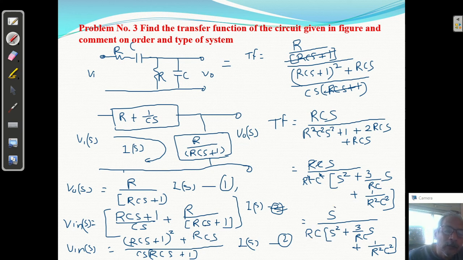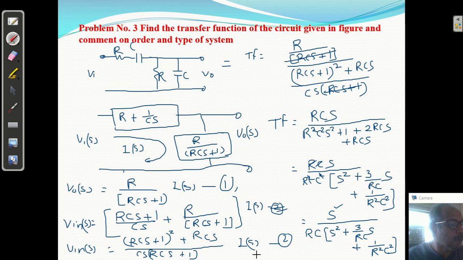We have 1 zero at origin because there is no plus or minus here, so you will get 1 zero at origin. It is a second order equation, second order, right? Okay, and type 0 system because here S is raised to 0, so type 0 second order, 2 poles we have and 1 zero we have, so that is the answer we have. Okay, and if we solve, I'm just going to check the answer. I have solved this problem, so I'm not simplifying it here, but in this way we can get it.